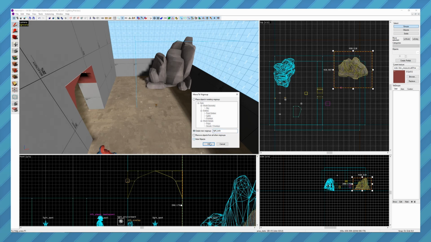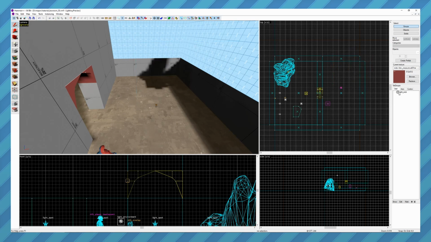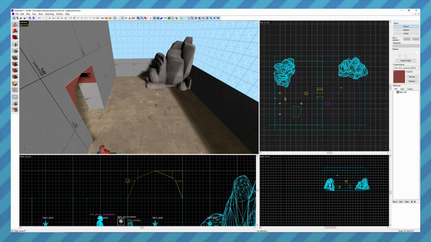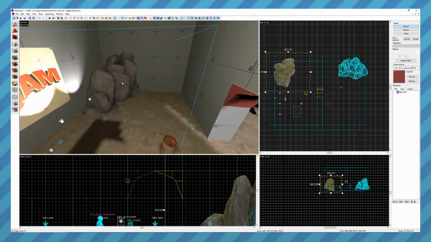I don't want to hide it, so I'll just leave that unchecked and click OK. And now we have Right Rock here. And if I did want to hide it, I could just toggle that off and then it wouldn't appear in the compile. There is another way to create Visgroups, so I'll do the same for the left rock in a